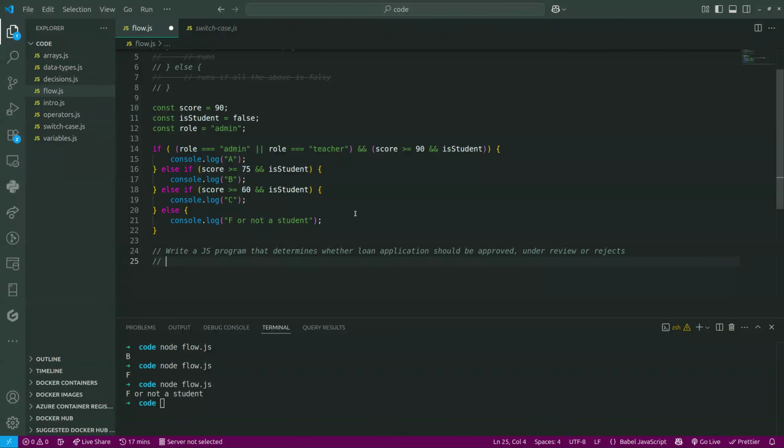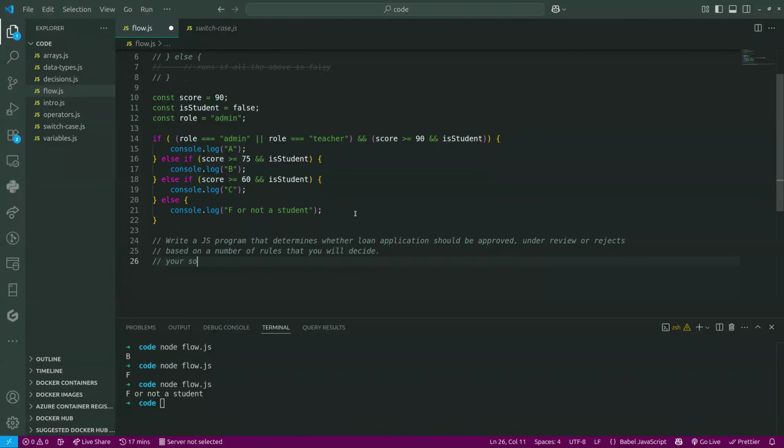So this is what you need to do. You have to do it based on a number of rules that you will decide. I'll just say you'll decide, something like that. So I want you to be free on this, but here's the solution that we're going to use here. Your solution must use, and you can use nested if statements if you'd like to. I'm not going to be strict on that, but mainly it must use